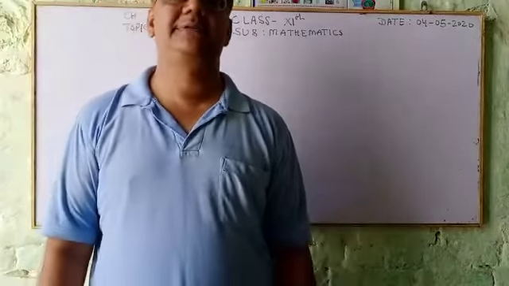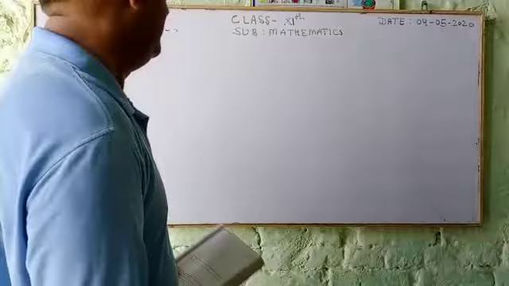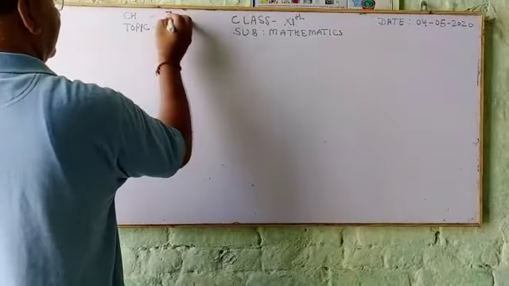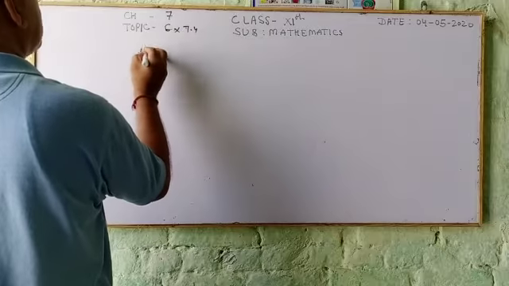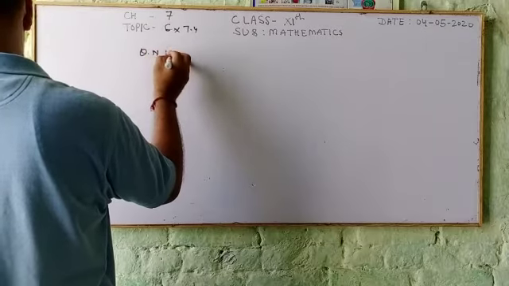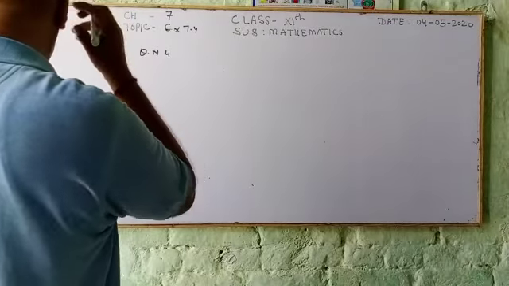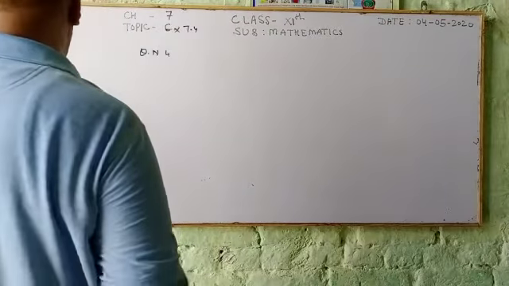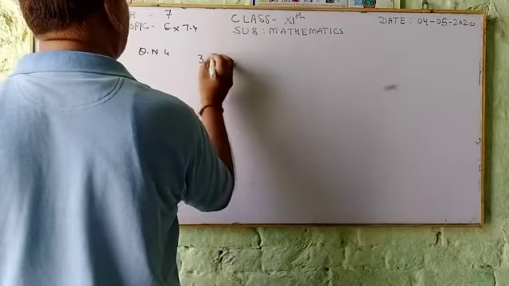We proceed to exercise 7.4. We are taking question number 4 of exercise 7.4. In how many ways can a team of 3 boys and 3 girls be selected from 5 boys and 5 girls? So 3 boys